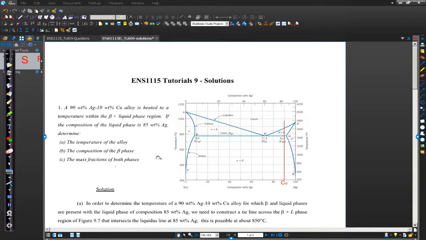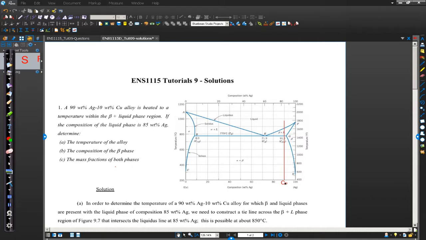Hello everyone. In this video we're going to look at how to solve tutorial 9 solution for problem 1, phase diagrams. So quickly looking at the question, it says a 90 weight% silver and 10 weight% copper alloy, if it is heated to a temperature within the beta plus liquid phase, if the composition of the liquid phase is 85%, what is the temperature of the alloy, composition of beta phase,